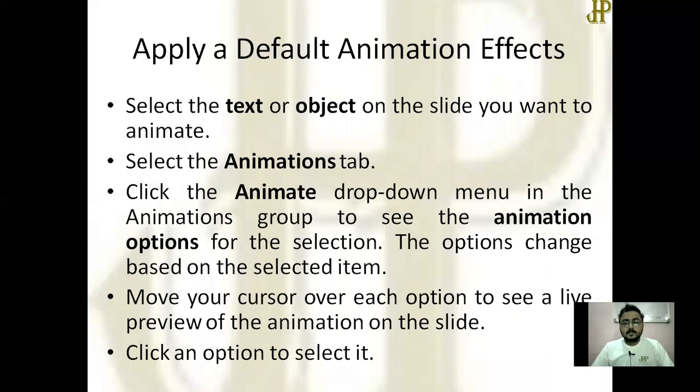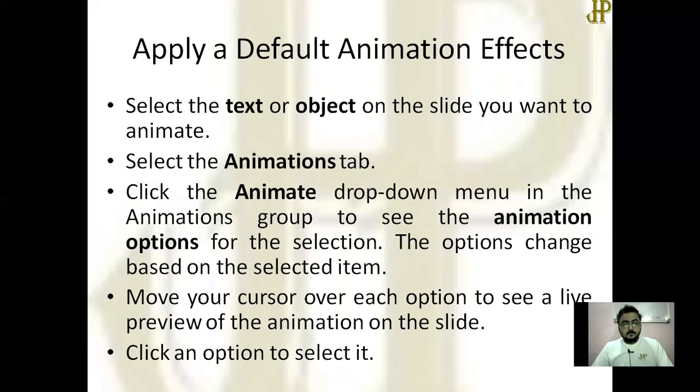Select the Animation tab. Click the Animate drop-down menu in the Animation group to see the animation options for the selection. Move your cursor over each option to see a live preview of the animation on the slide. After that, whatever suits you, click an option to select it. That's all.